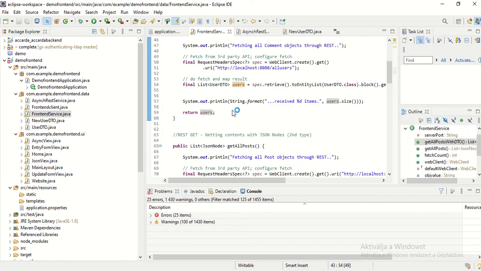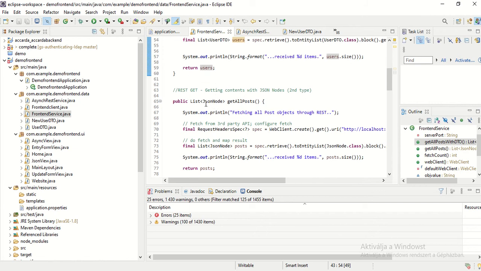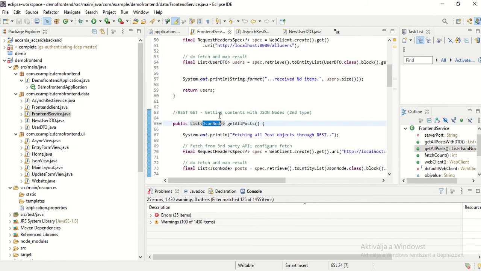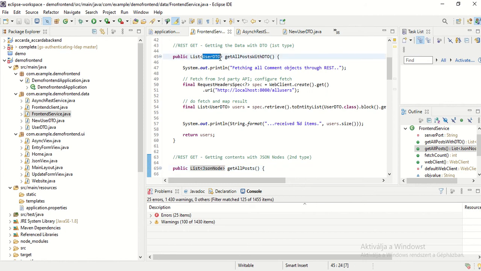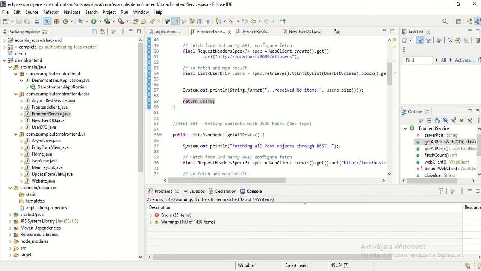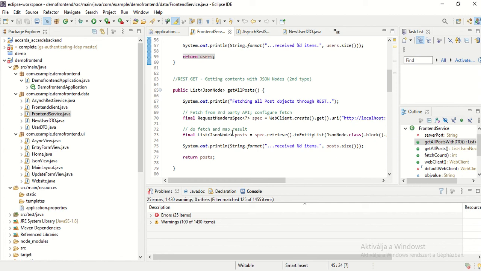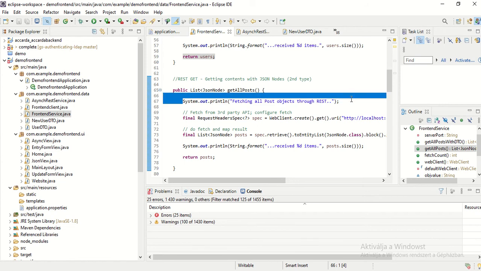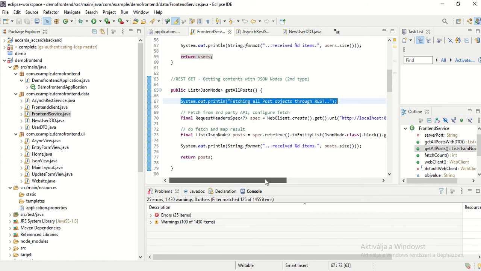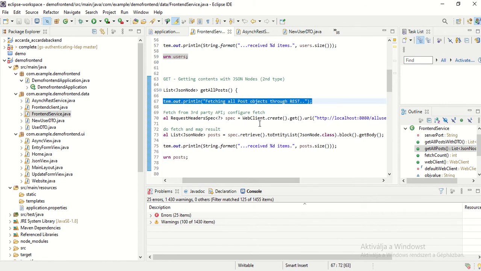Okay, and the next one is when we want to get the data with JsonNode. So that's a different type. It's not a DTO like here, but like a JsonNode. So if I want to get it in a JsonNode, I have to call the getAllPost method. So here I don't use any parameter either, and the return value is a list of JsonNode. Here I put this message into the console,